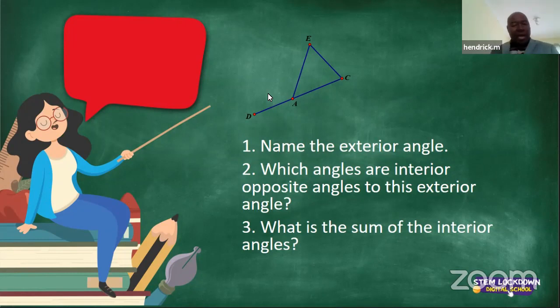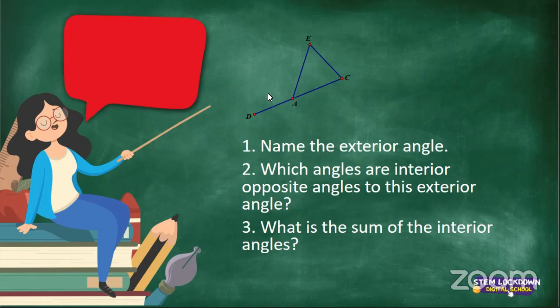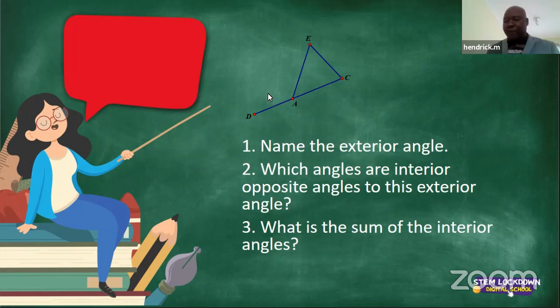Now, which angles are interior? The angles that are interior is C. Yes, exactly. That's the first one. Remember, a triangle has got 3 angles. So